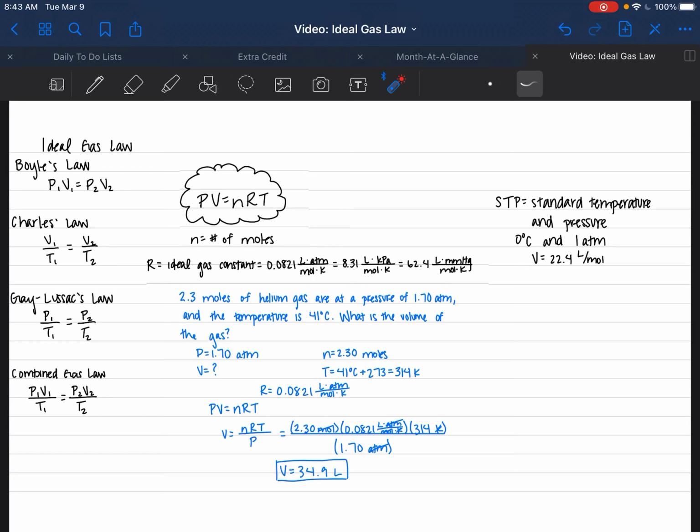Notice if you are working on problems in the future that don't involve moles, that only compare pressure, volume, and temperature, any 2 or 3 of those, you do not need to use the ideal gas law. You can still use Boyle's law, Charles' law, Gay-Lussac's law, or the combined gas law. This is only when you have 3 different things and you're solving for the 4th value. So if you have pressure, volume, and moles, and you want temperature, then you would use this sort of equation. So just keep in mind that you're picking the correct formula depending on the problem you're